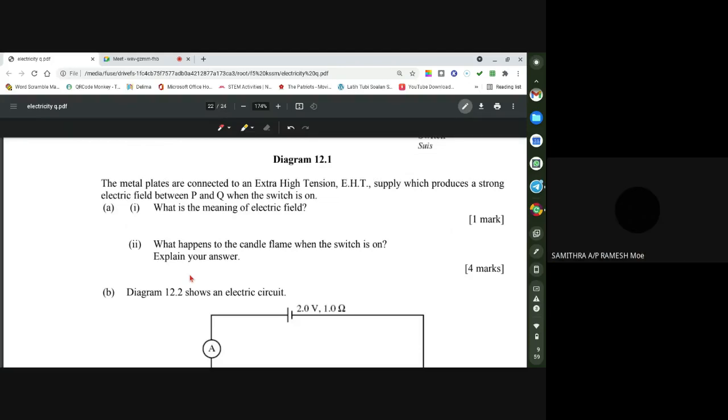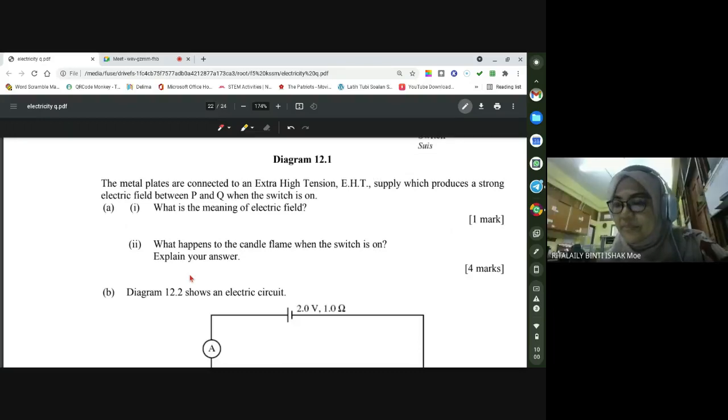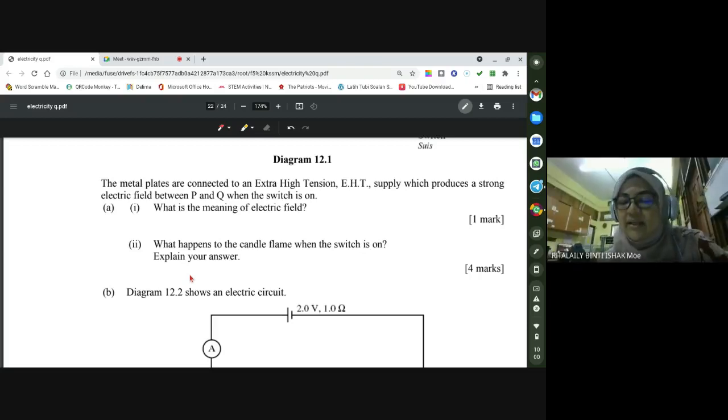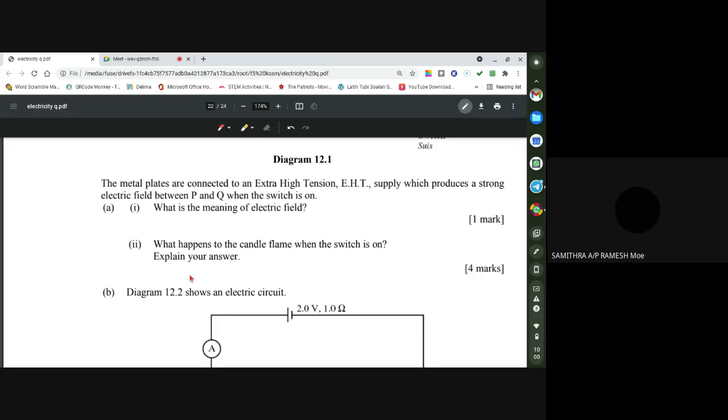First point, when the power supply is turned on, plate P will be negatively charged, whereas plate Q will be positively charged. Okay. Second point. The candle flame will spread out between the two metal plates. Okay. The third point, the spread of the flames towards plate P is greater than plate Q. Okay. The fourth point. Why? The negative ions will be attracted to the positively charged metal plate, while the positive ions to the negatively charged